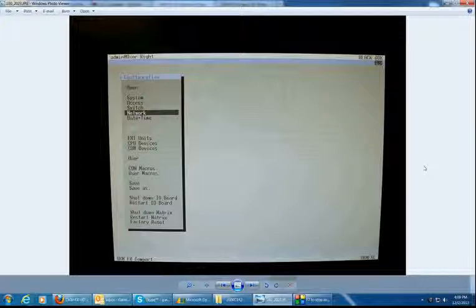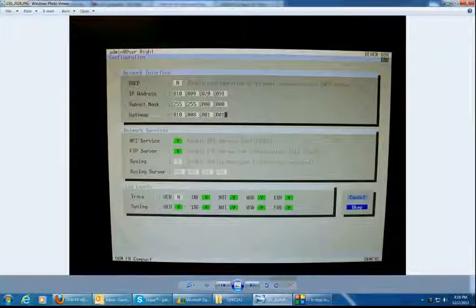On this page, arrow down to the option of network and press enter. Once you're on the network page, use your tab keys and arrow keys and change the switch to meet your network requirements. In this example, I am showing that the switch is not controlled by a DHCP server, so I'm going to use a static IP address of 10.8.20.91. Enter your subnet mask and your gateway, and once you have that set, just tab down to the OK button. When you're on the OK button, press enter.